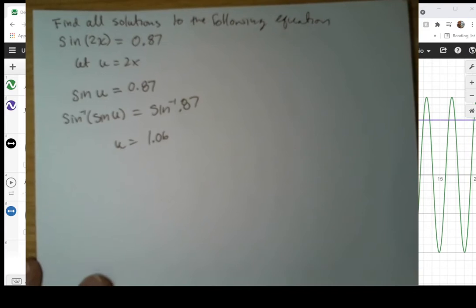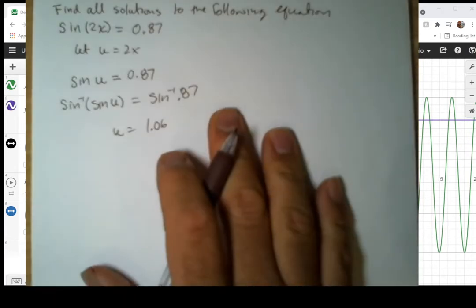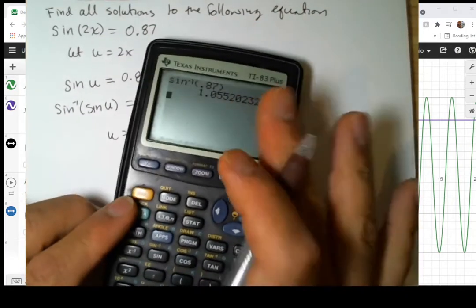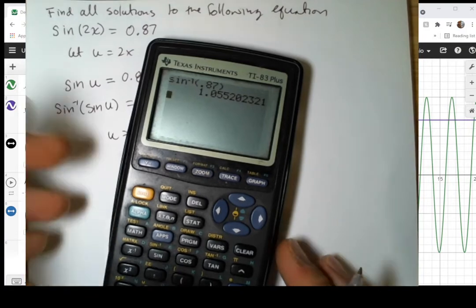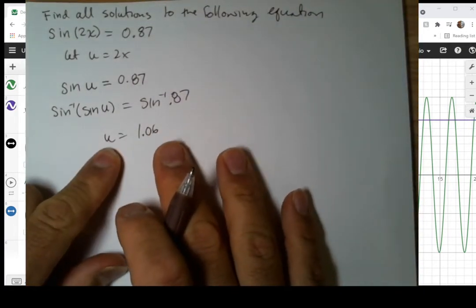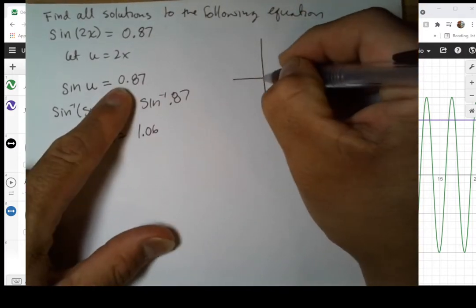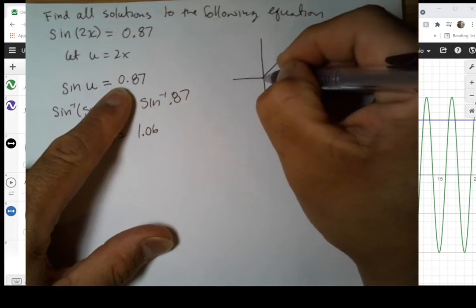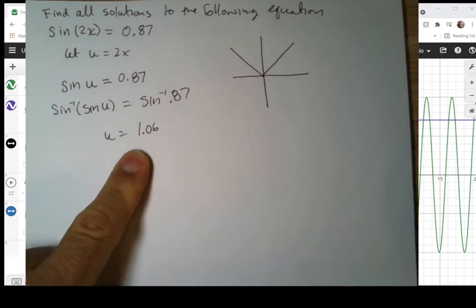Now again, the inverse on our calculator does not tell the whole story. We need to be able to interpret this, right? Our calculator is very fast, but it's not very smart. You need to tell it exactly what to do, and even when it does give you a solution, we still need to figure out what this solution means. Okay, so sine is positive in quadrant 1 and in quadrant 2. And it's also periodic, so we really have an infinite number of solutions, but I only get this value,